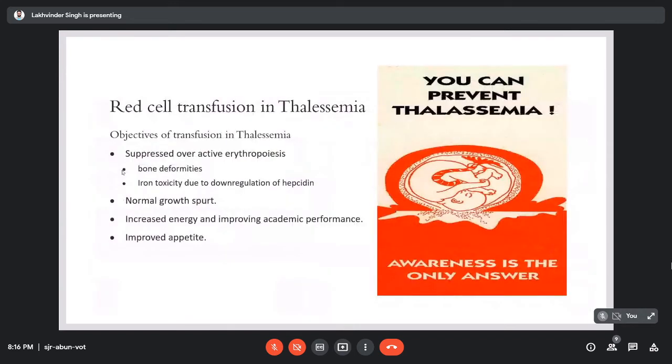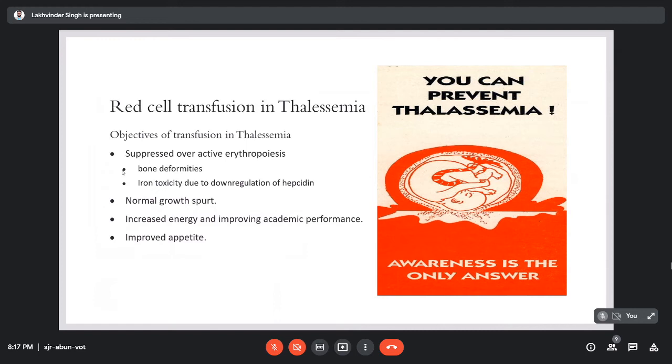So coming to the next part, red cell transfusion in thalassemia patients. The objectives of transfusion in thalassemia are to suppress the overactive erythropoiesis. We all know that in thalassemia there is ineffective erythropoiesis. There is less hemoglobin, so bony deformities develop, and iron toxicity occurs because of downregulation of hepcidin due to active erythropoiesis. Another objective is to maintain normal growth spurts in patients with thalassemia, increase energy,